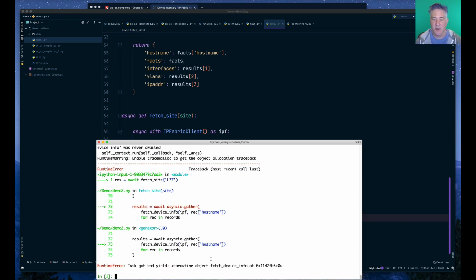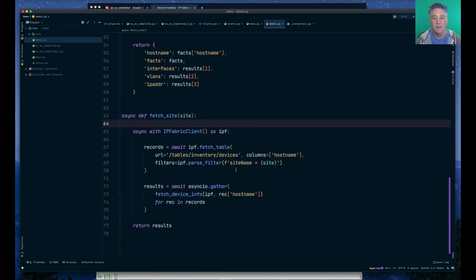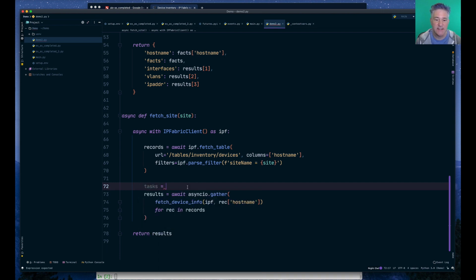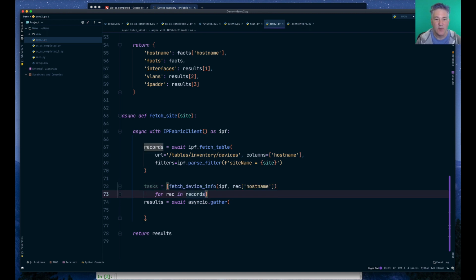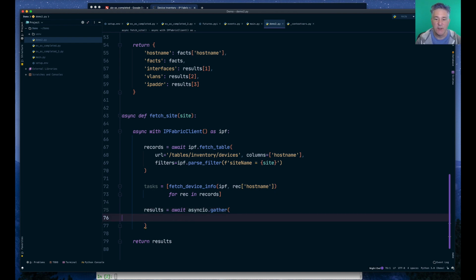Oh, got a bad yield coroutine. Okay, so it will not allow us to do this essentially as a generator. So let's fix that. We'll just say tasks is equal to this. And the reason why this is, let's see, fetch device info for record. Okay, yep. And so the reason why this is what gather expects is